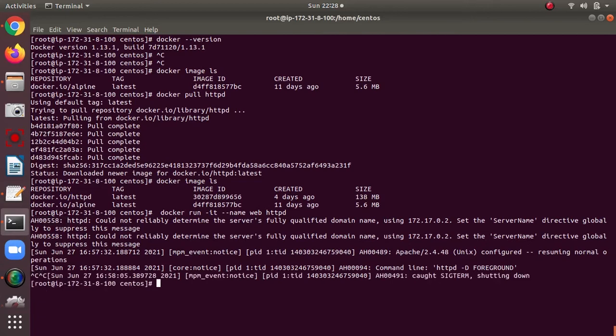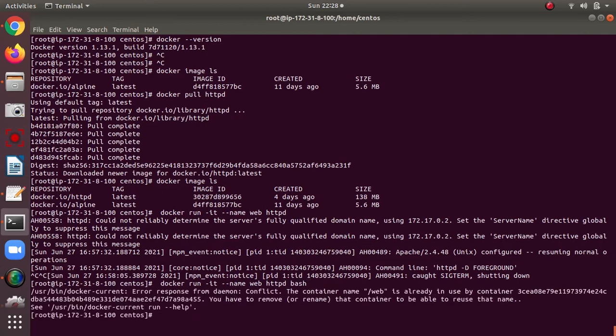So I am creating again, but with a different name. First I will show you what happens when I create with the same name. When I hit enter, it directly gives the error that the container name web is already used by another container.